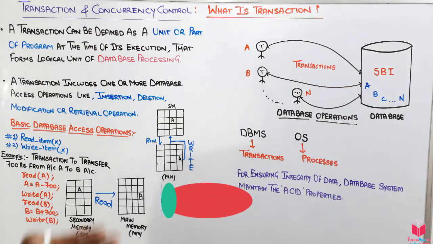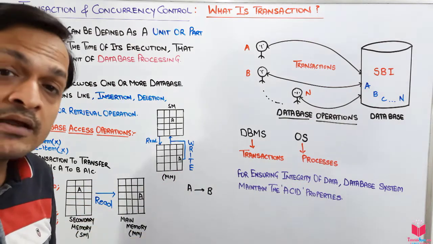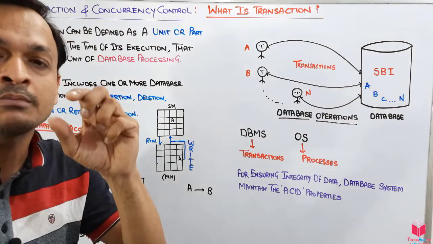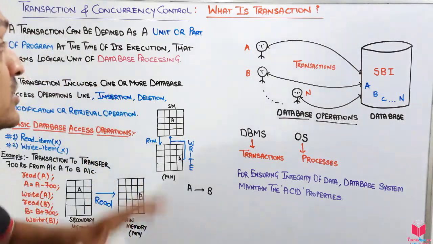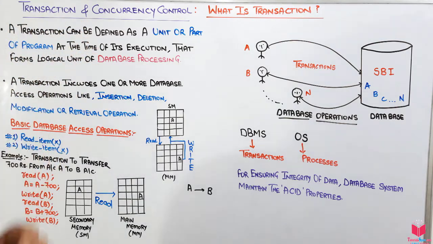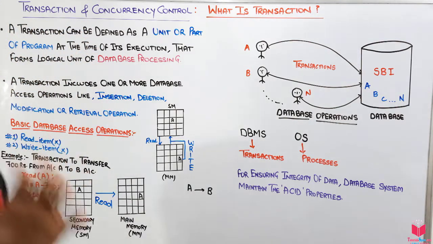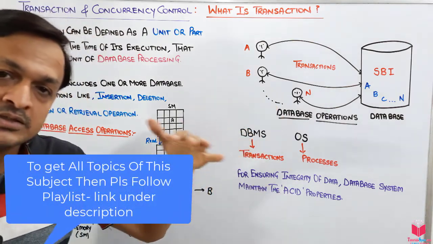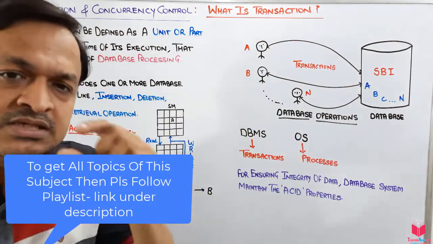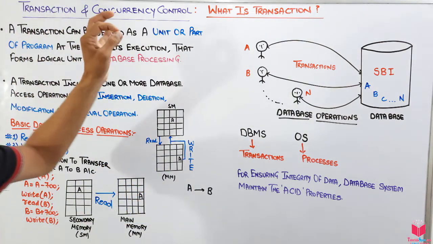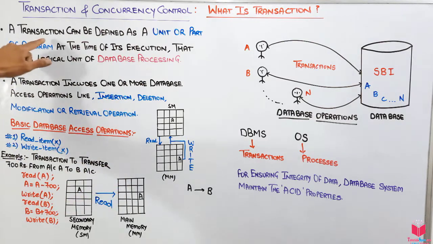We have a program with a bulk of code. When we execute that program, some part of that program is executed first. That part or unit of the program is known as a transaction. First of all, we do not run the whole program or the whole set of code, but we just run a small part of that program. That small part or unit of code is known as the transaction.